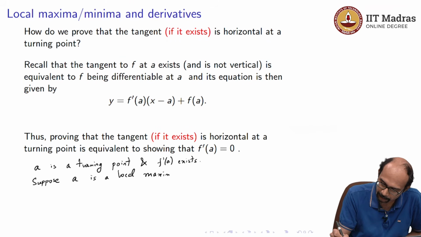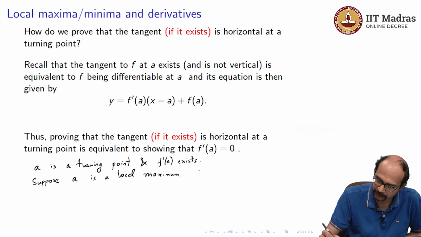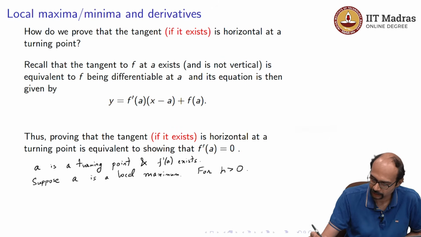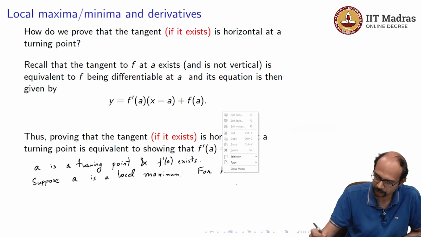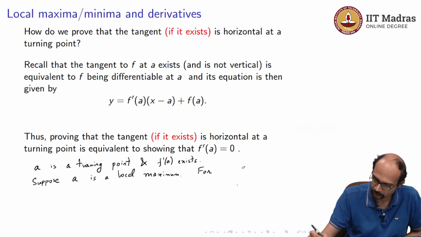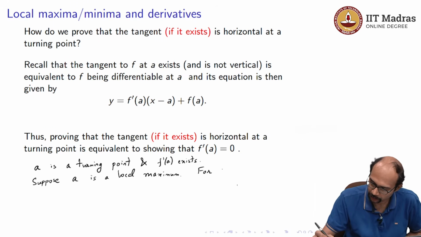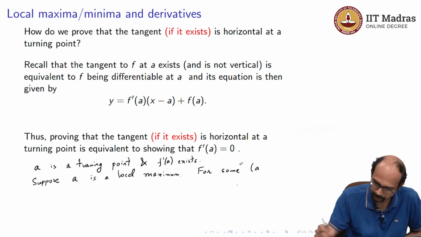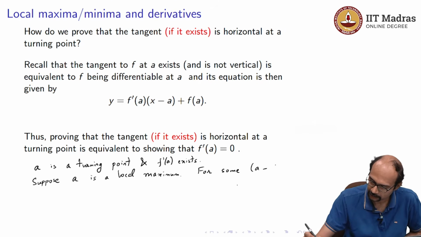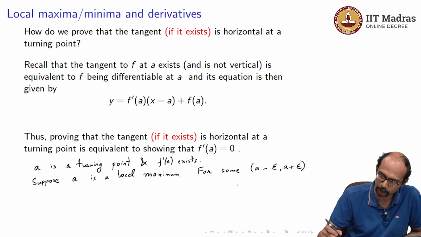Okay, so what does that mean? That means that for h greater than 0, there is some small interval, or maybe I should first say there is some small number, let us call it epsilon. So, for some open interval a minus epsilon comma a plus epsilon,